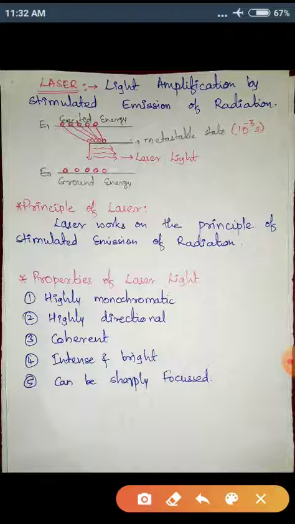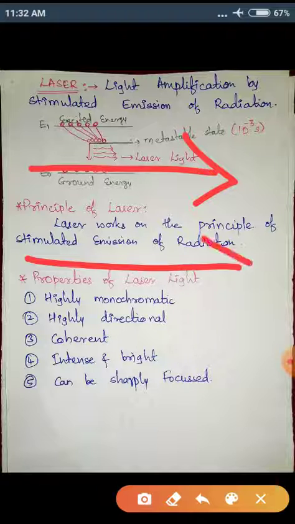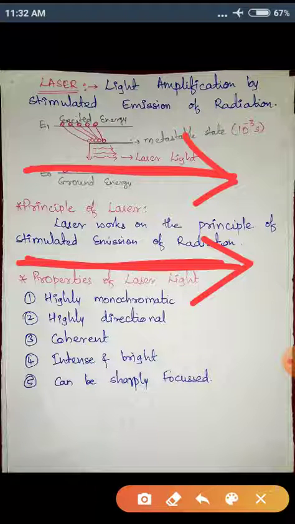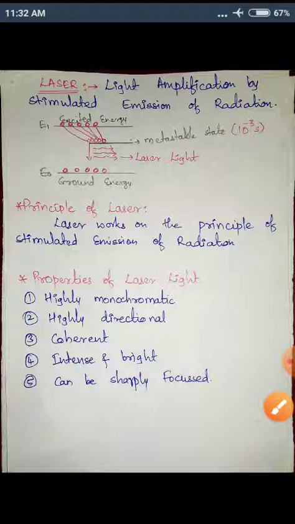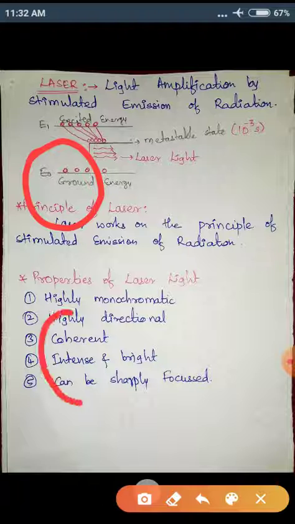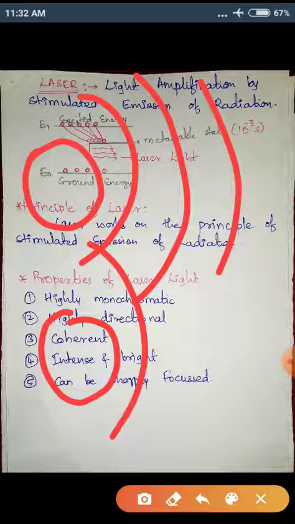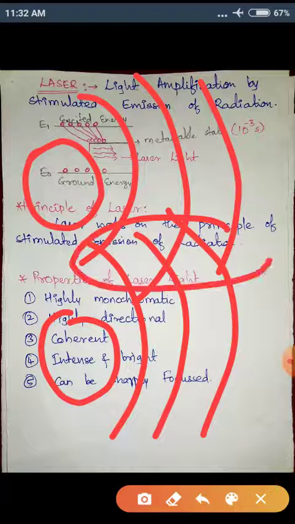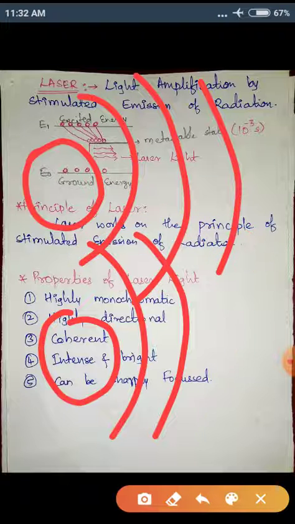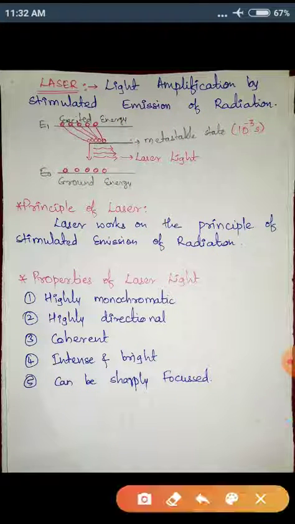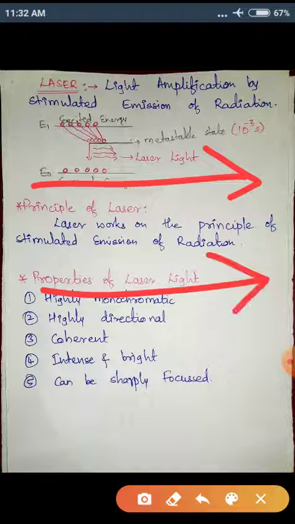Then laser light is coherent. This means that if this is one ray of laser light and this is another ray of laser light, they never intersect with each other. They travel coherently. But in the case of lamps, suppose you have one lamp here and another lamp here, the rays from this light come in this direction and the rays from the other light come in this direction, and at this section they intersect with each other. This is not the case in laser. They go without intersecting each other.